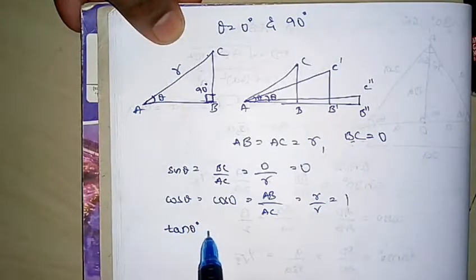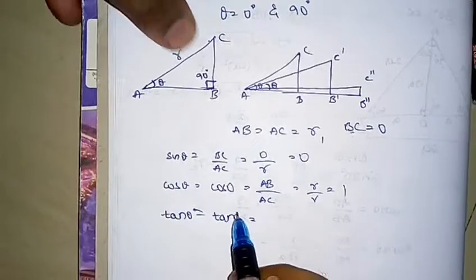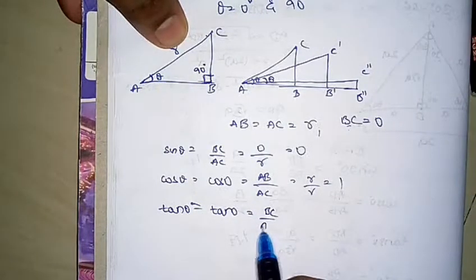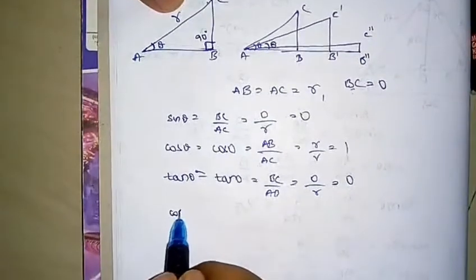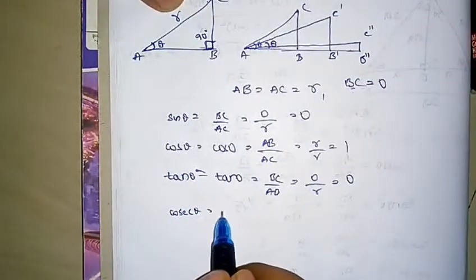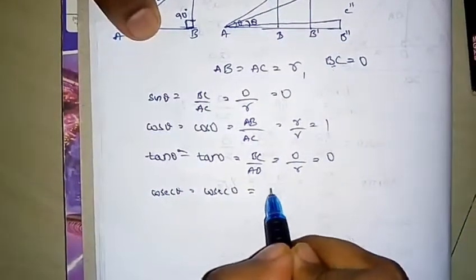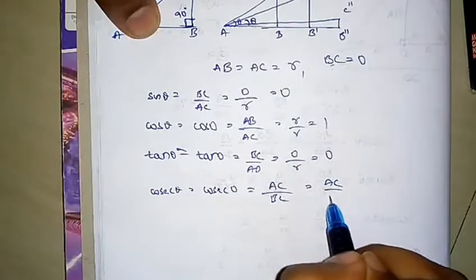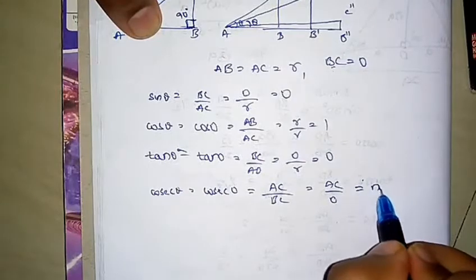Tan theta is equal to tan 0, which is equal to opposite side BC by adjacent side AB, which is equal to 0 by r, which is equal to 0. Cosecant theta is equal to cosecant 0, which is equal to hypotenuse AC by opposite side BC. Here it becomes AC by 0. So, since you have 0 in the denominator, this will be not defined,